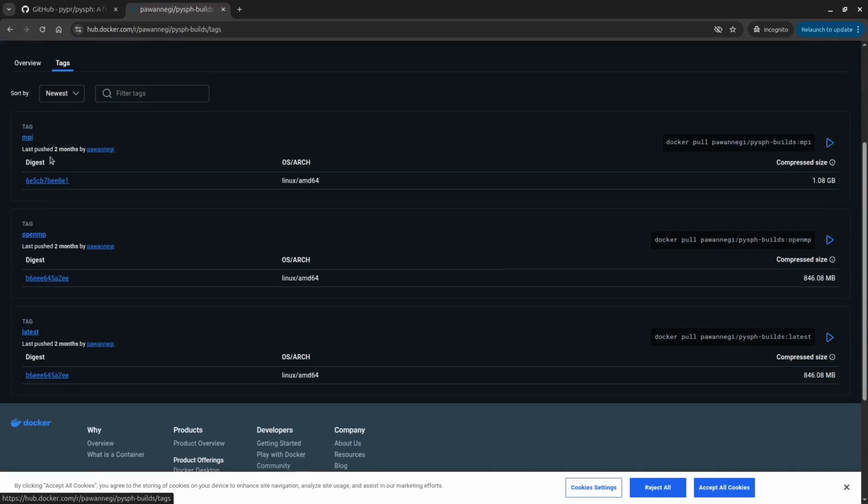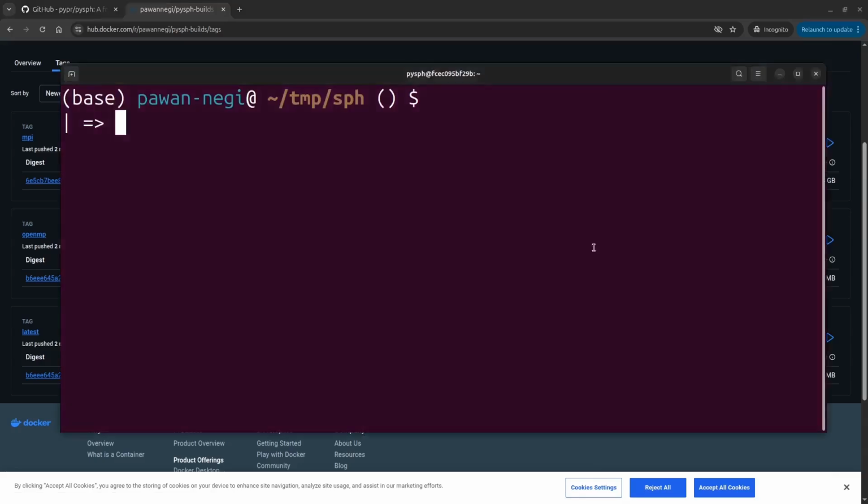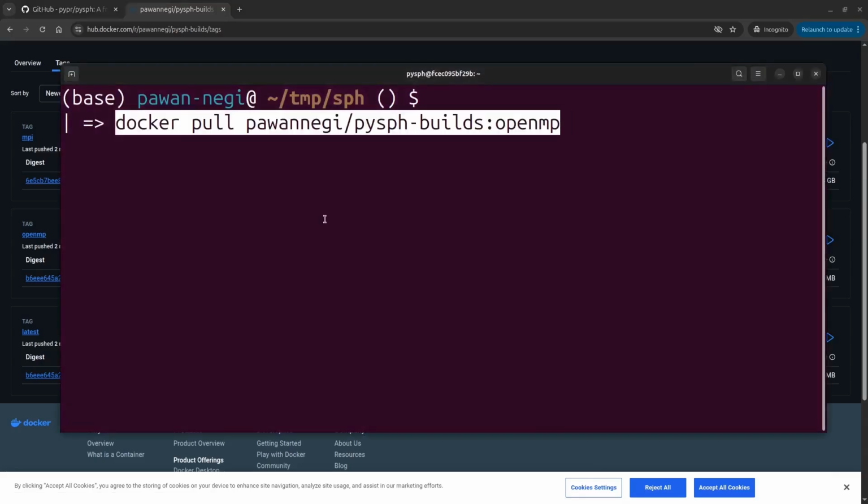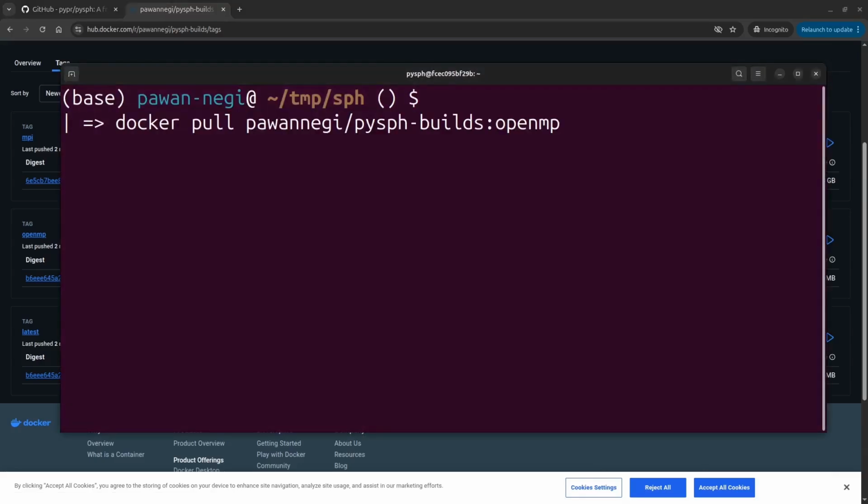Once you go here, you'll find different tags. This is the one which has MPI capabilities, and this one has just OpenMP. This has OpenMP as well. If you want this one, you can download this one, or if you want this one, you can download this one. You can copy the command here and then type docker pull and whatever the command was. When you enter this,